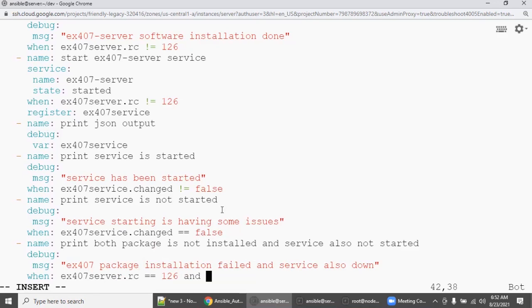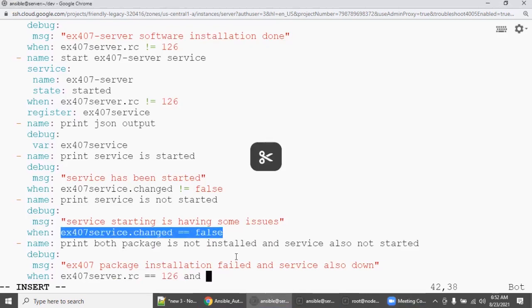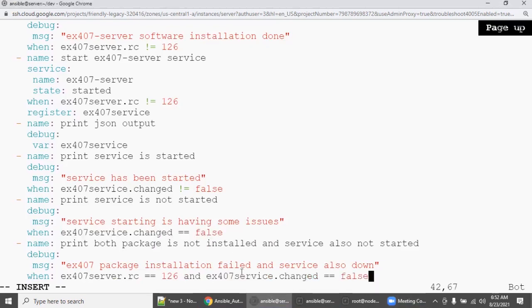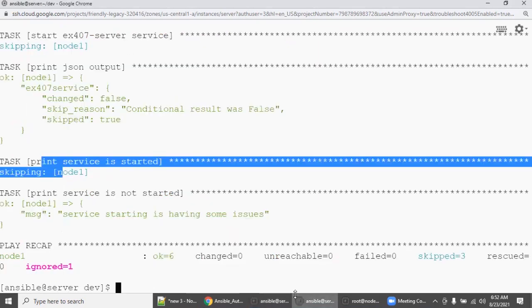When the service is down, the condition is service starting is having some issues. So copy this, go here. So either you can apply like this, and execute the same.